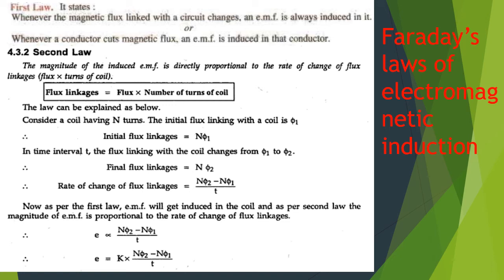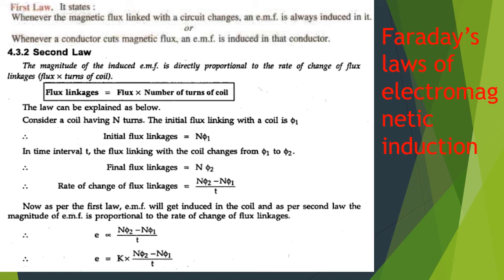because we saw the angular motion of the conductor by angle 0, 90, 270, 360. That time every time the flux keeps changing and the rate of flux changes. That's why we get the AC quantity or the sinusoidal waveform. So we can say at 0 position there is 0 flux and at 90 there is a maximum. After some time interval or after some angle, the flux linking with the coil changes from phi1 to phi2.